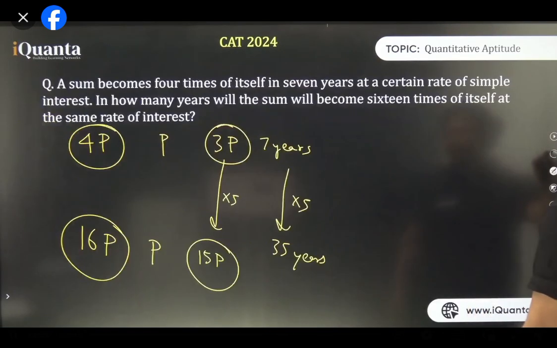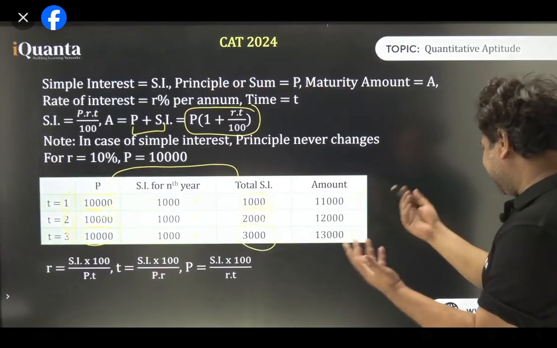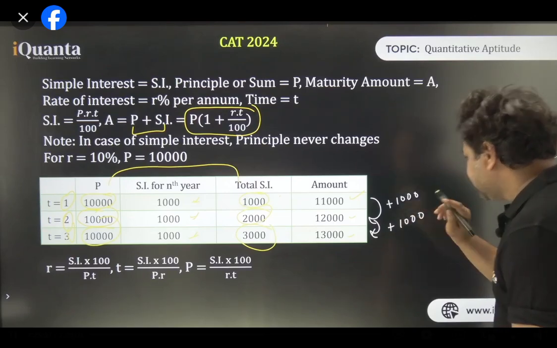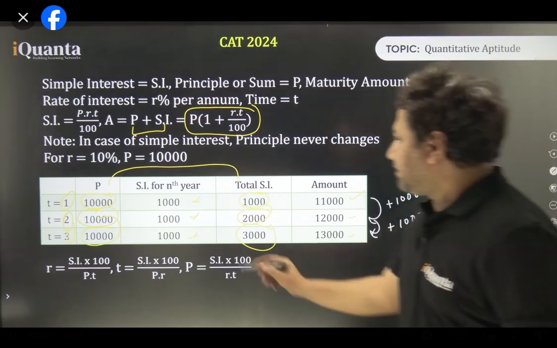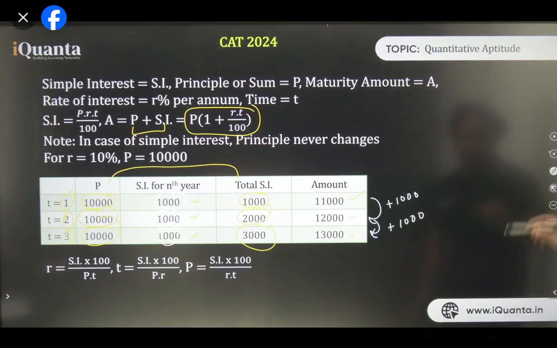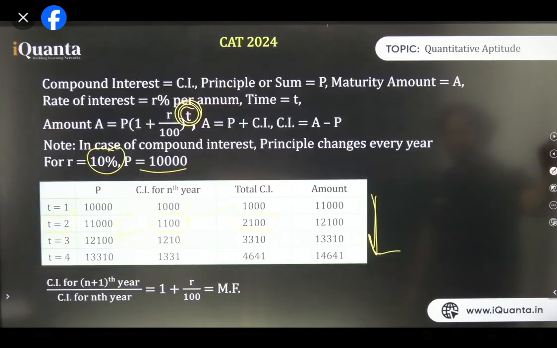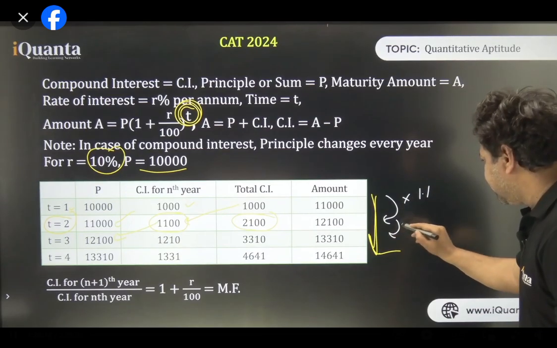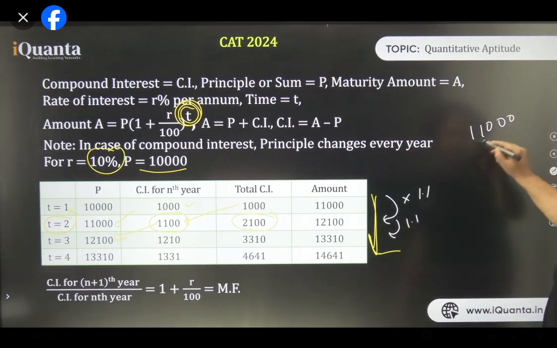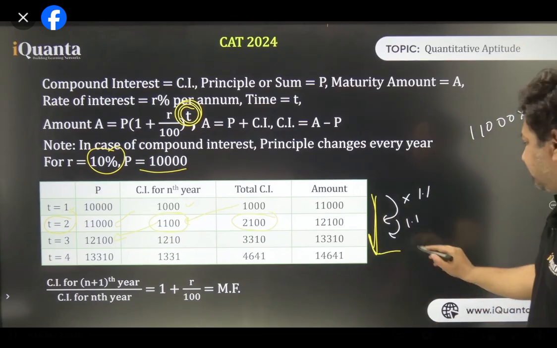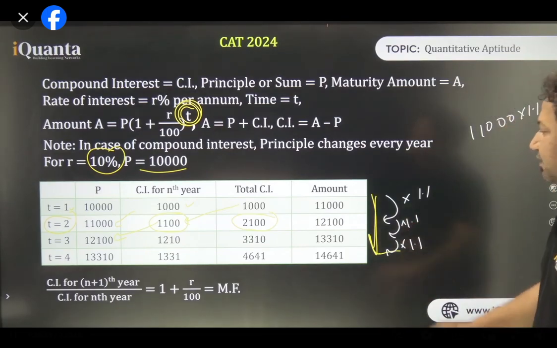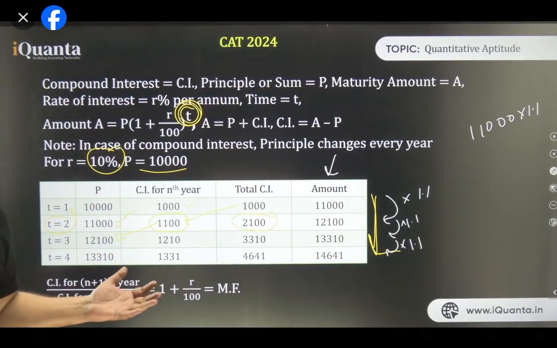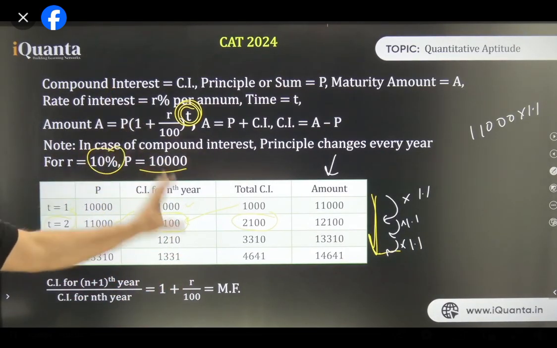I'll show the table again. Now you'll be able to clearly understand it. See, here the series is increasing by 1,000. Isn't it? It's increasing by 1,000, which is nothing but simple interest. And in the second one, it was compound interest. If you look at this, the things are increasing by multiplying with 1.1. So if you multiply 11,000 with 1.1, you will get 12,100. Things are getting multiplied by 1.1. So we can say that if I put maturity amounts in a series, in case of SI we will get an arithmetic progression, but in case of CI, we will get a geometric progression.